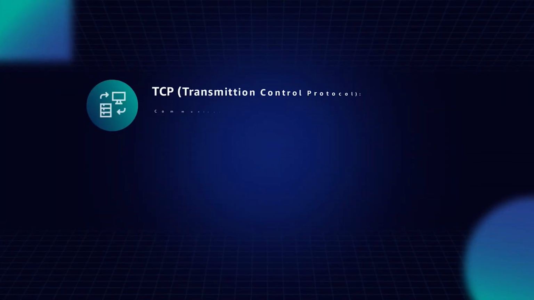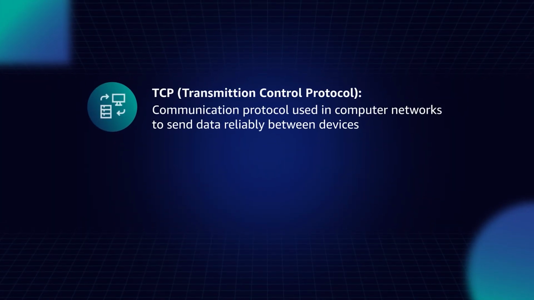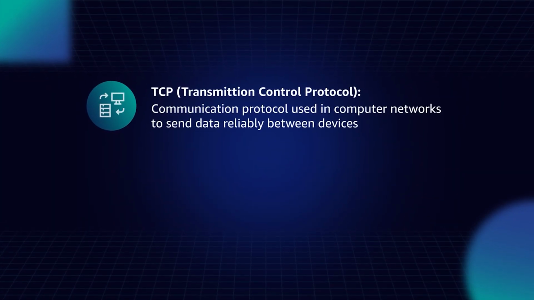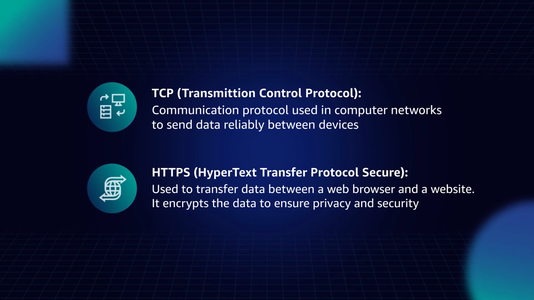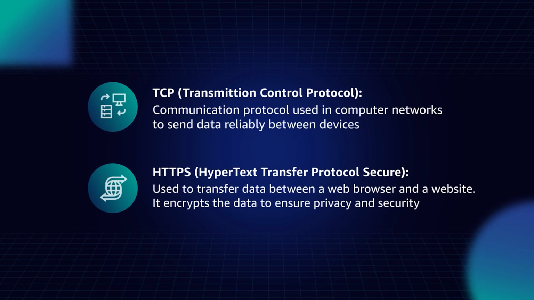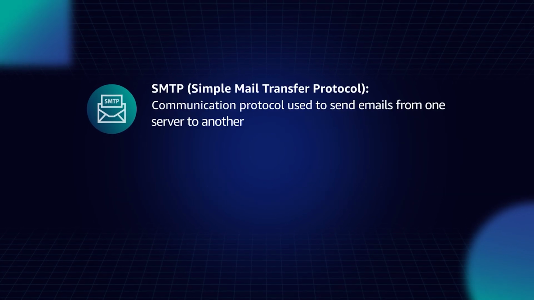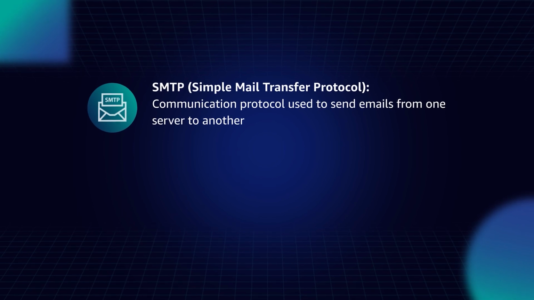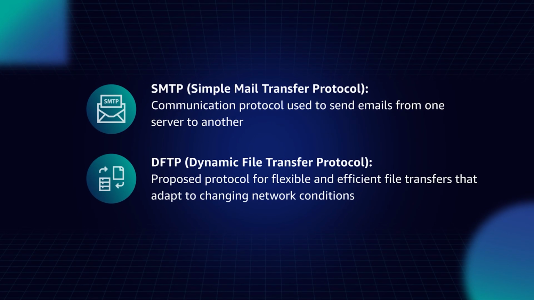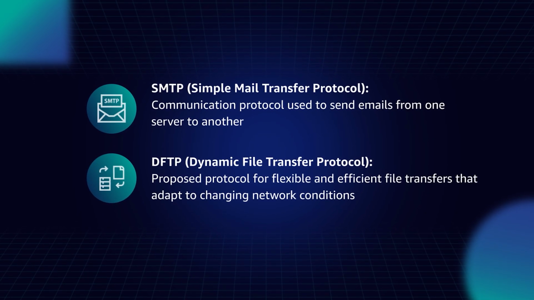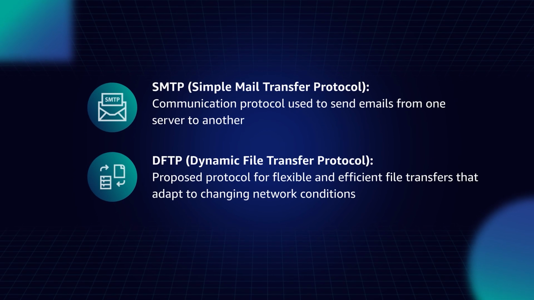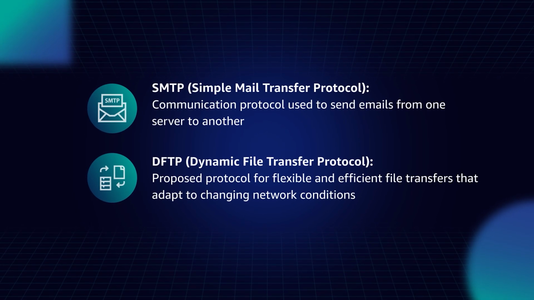And we have multiple protocols like TCP, which makes sure that data is reliable. Then we have HTTPS, which makes sure your browser is able to load that particular data. Then you have SMTP, which handles how your email is transmitted. And you have TFTP for sending large amounts of data. These might be single protocols, but they all work together for any sort of data to communicate and transmit over the internet.